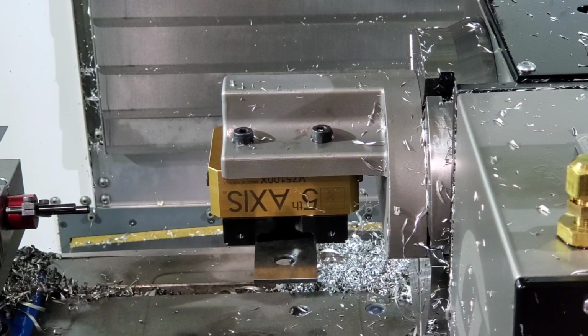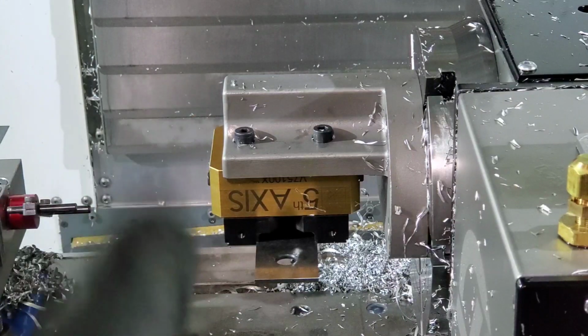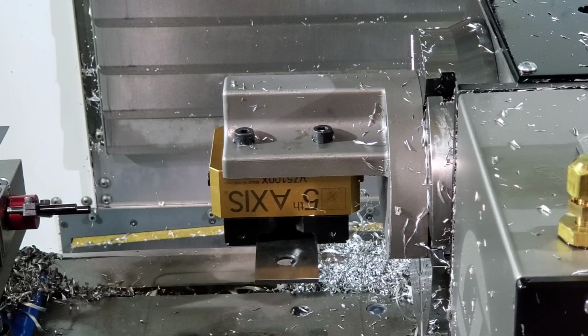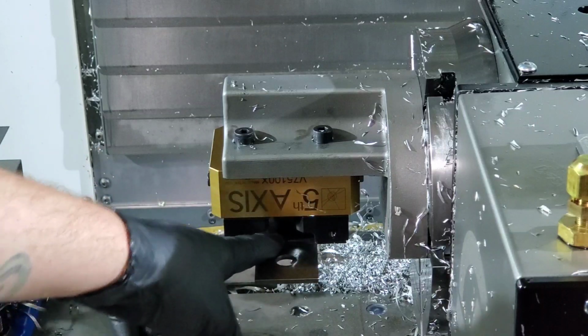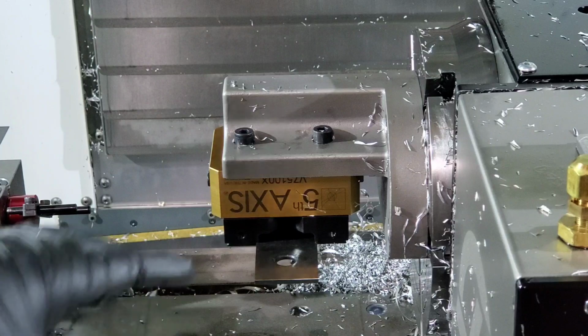Okay, so as far as the X goes, in this case, it's not super critical unless you're rotating your vise in a fifth axis orientation, but we don't have that ability here. So right now, I'm not worrying about it. I just centered between the two jaws, probed in between the two, and got my center point for the X in this case. And like I said, it's not super important